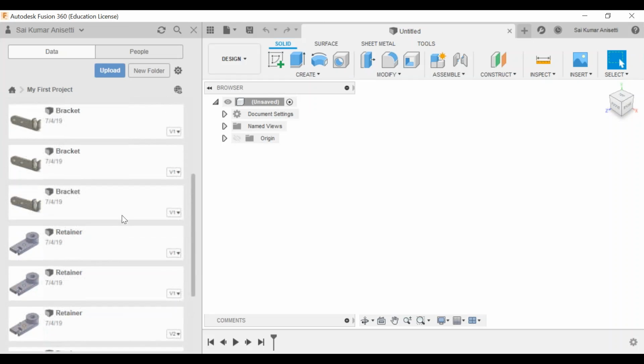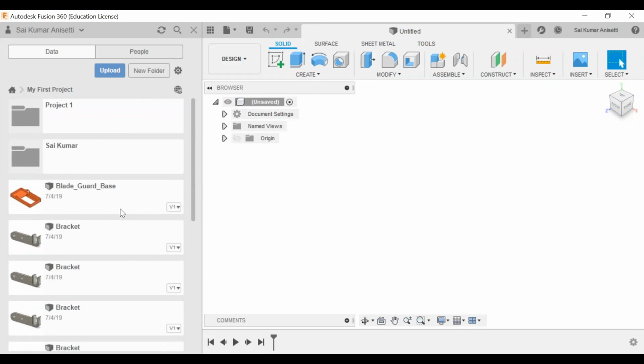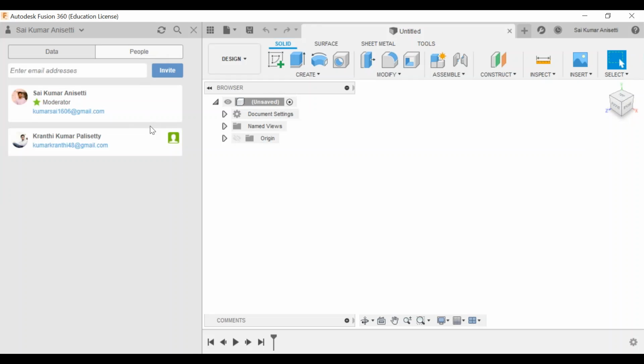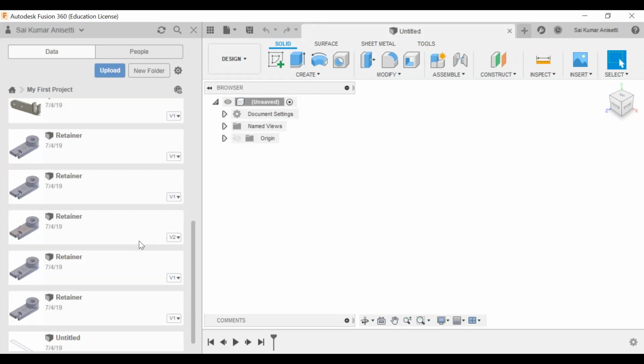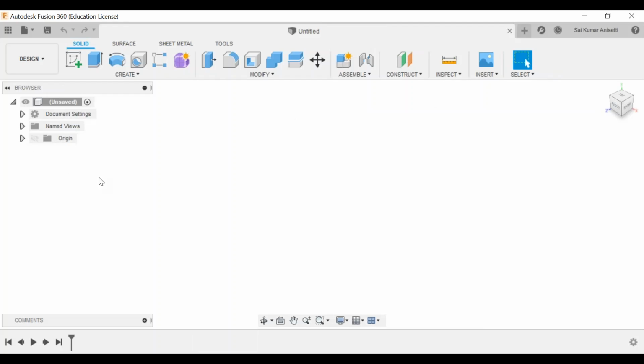Got how to save your files and how to create a folder and how to save your files. This is the basics I wanted to teach for today. In your next class, what you have to do is create a new folder of your choice, or try to collaborate with your friends just to have a glance at inviting people by email ID. You can share your files among yourselves. Explore this data panel and people window. If you have any doubts in the next session, you can ask me. So that is about this data panel.